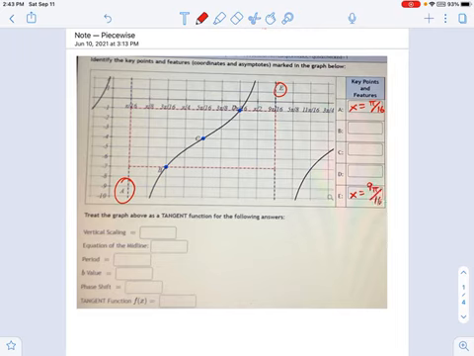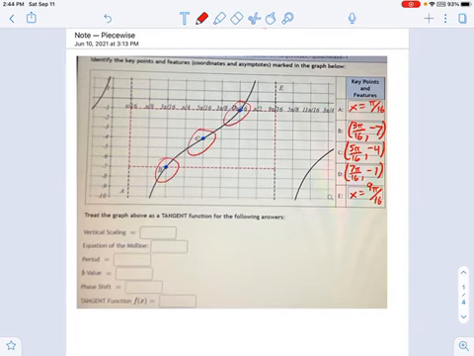It's very important to note your asymptotes. They're helpful when you try to calculate the equation of a tangent function. Now these points, you can usually just go onto the graph and read them without too much effort. That's going to be 3 pi over 16 in x, and looks like negative 7 in y. We've got a 5 pi over 16 and a negative 4 for point C, and it looks like a 7 pi over 16 and a negative 1 for point D right here. Okay, those were those three central points of the function.